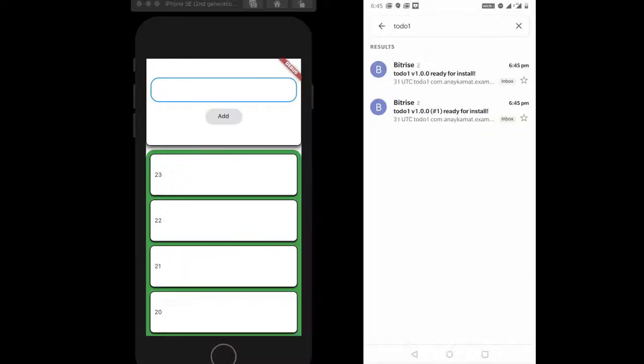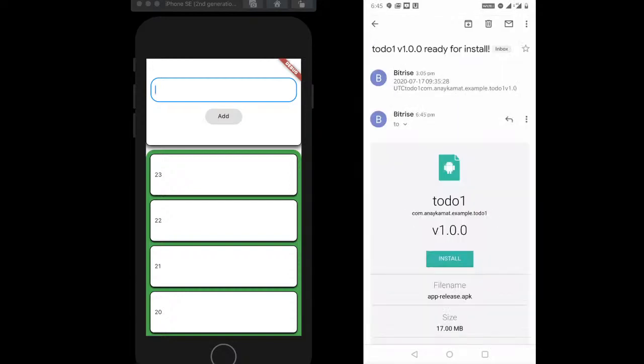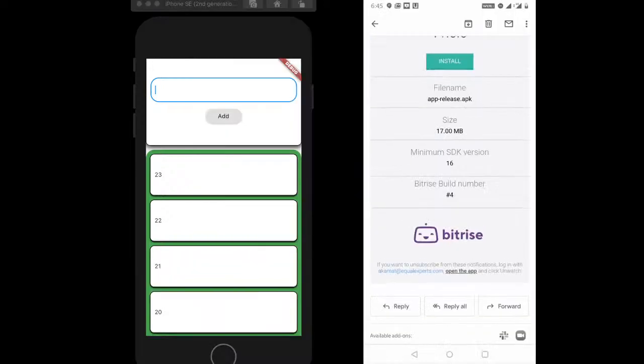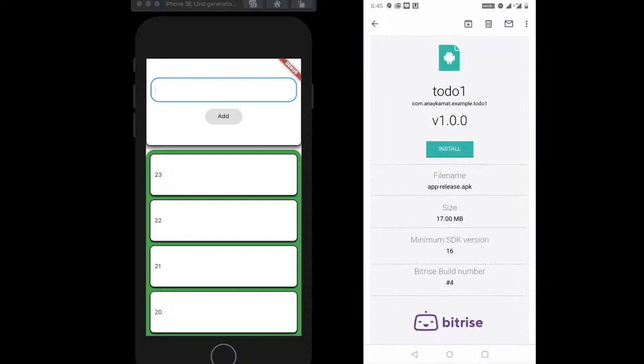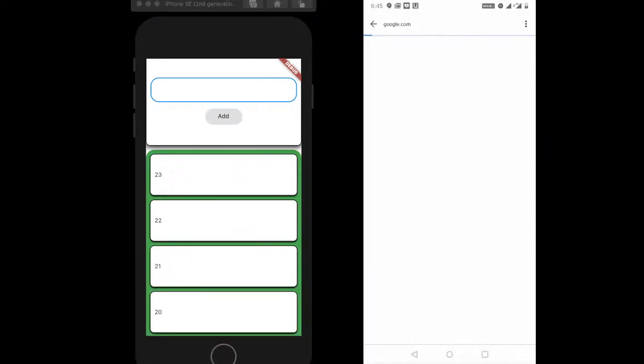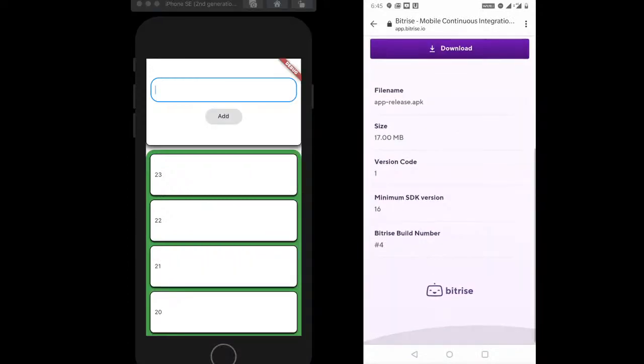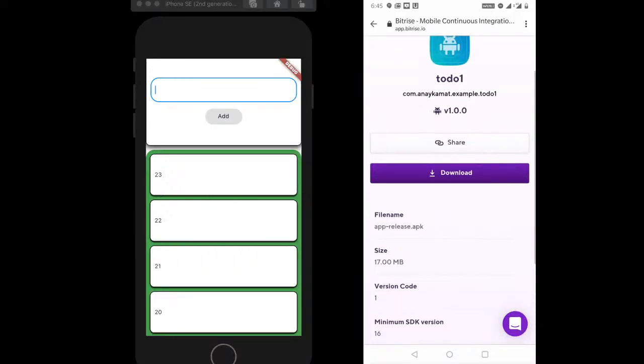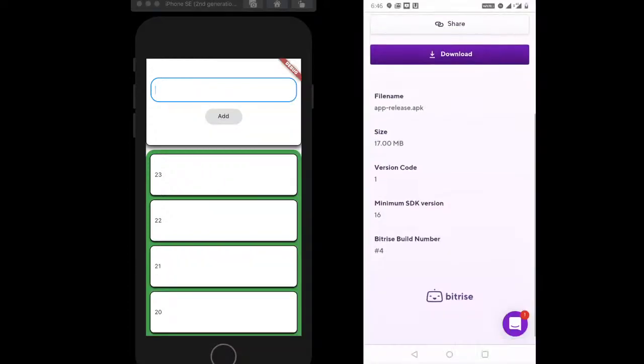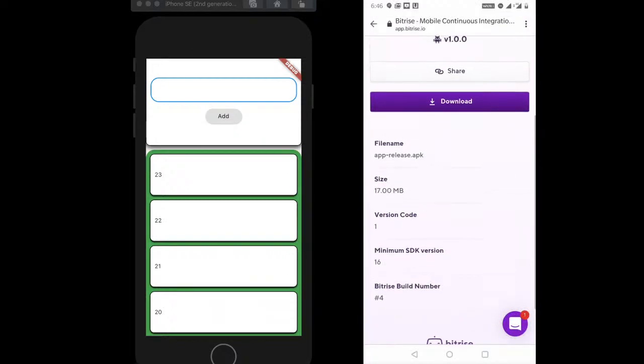Take a look at the time. It's almost 6:45. This is the second build which is available now, right? And if I click on install, it will take me to a page from where I can download and install it, or I can even share it with anybody that I want. One thing we didn't definitely do today. This is just a simplistic way to look at a CI, but we still did a lot.